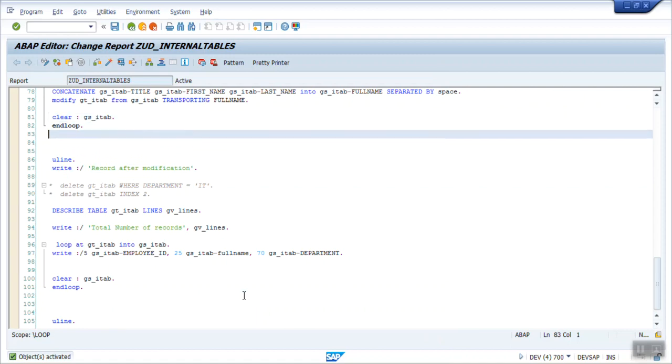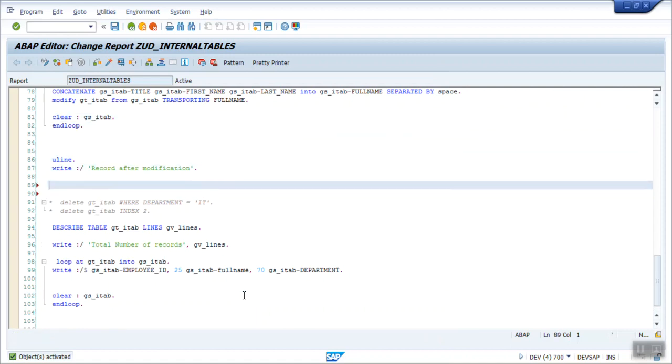In both tables the records are the same. If I'm writing here, delete adjacent duplicates from gt_itab comparing department, I want only one record from each department.